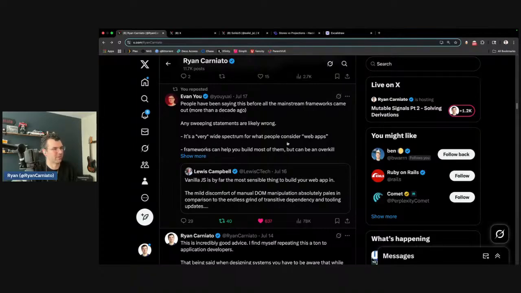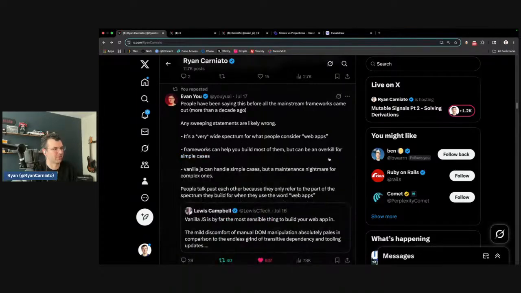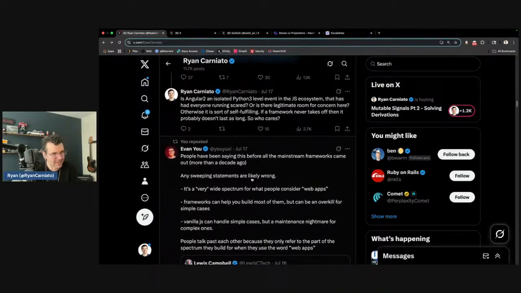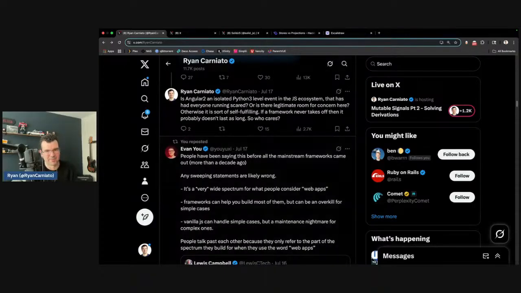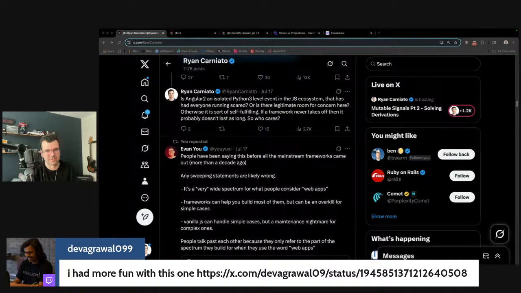People have been saying this for all the mainstream frameworks for more than a decade. Any sweeping statements like this are likely wrong. It's a very wide spectrum of what people consider web apps. Frameworks can help build most of them, but are overkill for simple cases. Vanilla JS can help simple cases, but is a maintenance nightmare for complex ones. People talk past each other because they only refer to the parts of the spectrum they build. Yes, Dev, this is what I was looking for. Thank you. This talking past each other is really kind of